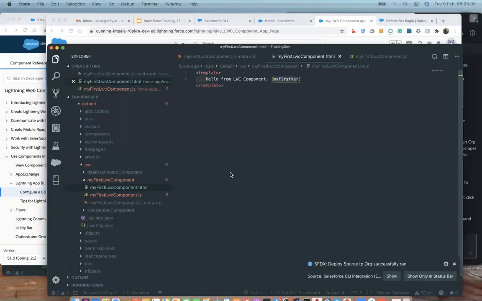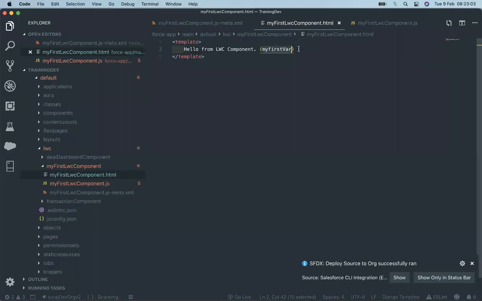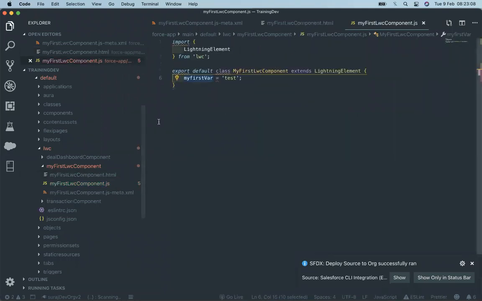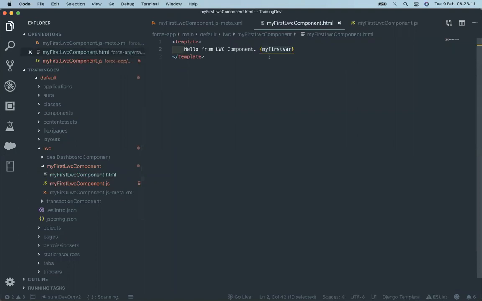So in this way, we can bind the variables. For binding the variables, we just use the curly braces and type the variable name which is declared over up here. It is quite similar to the Aura component, where we need to type curly braces, exclamation mark, then v dot. That was totally removed here. We just have to put curly braces and then type the variable name, and it will work fine.